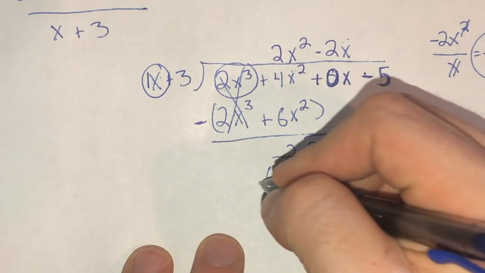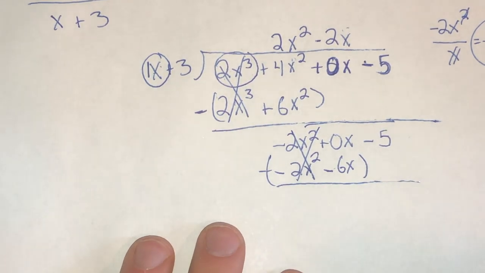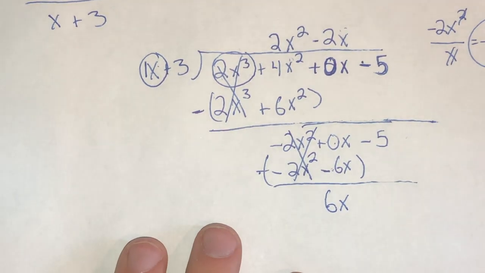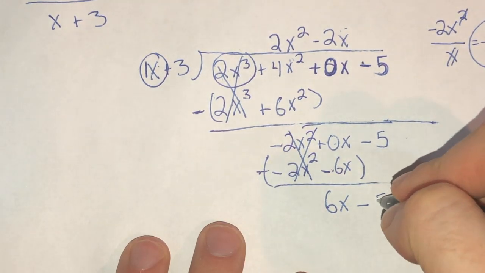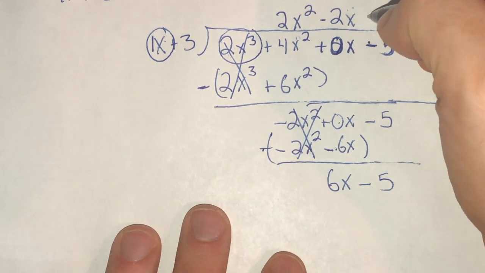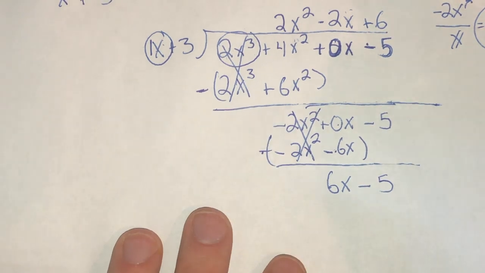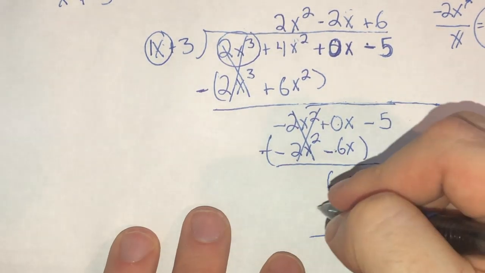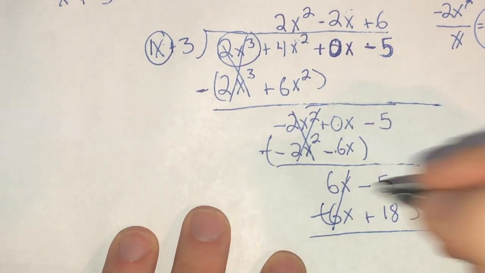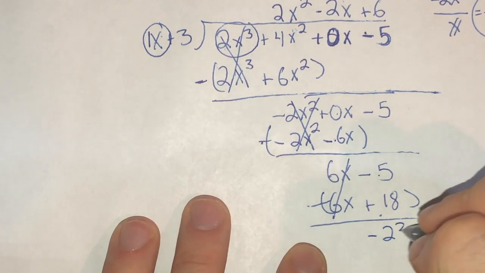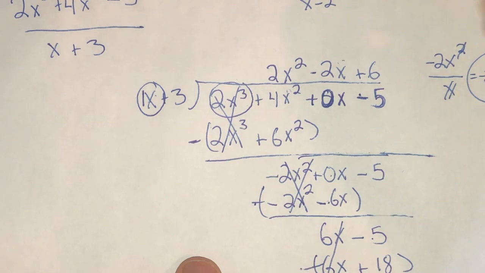Okay, so again, I do my subtraction, cancel, and then I do 0 minus -6 becomes a +6, okay? And the -5 comes down. Last step, what times x is 6x? Well, that is a +6. And then again, I come through 6x plus 18, okay? When I multiply through, again, I subtract, the x's cancel, and I have 5 minus +18 for a -23. Okay, so my answer is